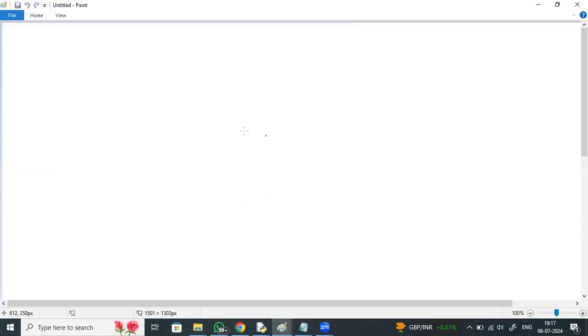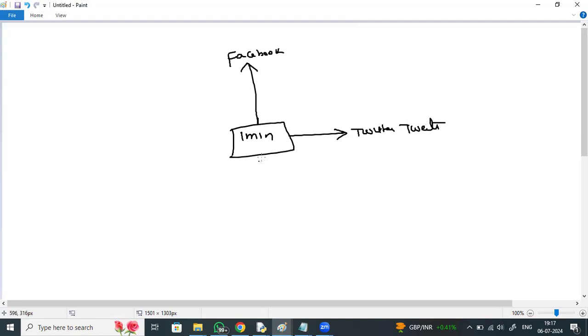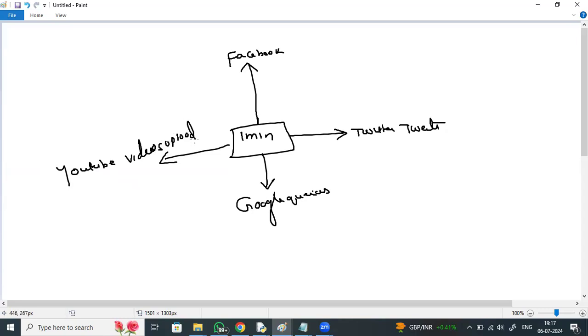If I talk about one minute of transactions: Facebook posts, Twitter tweets, Google queries, where everyone is querying, and YouTube video uploads. And email messages, from millions and trillions of people.